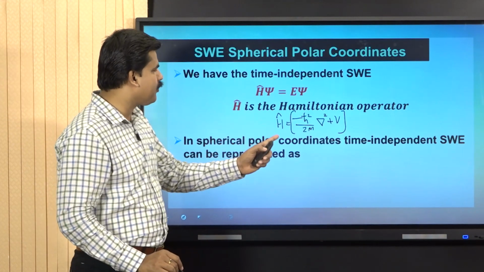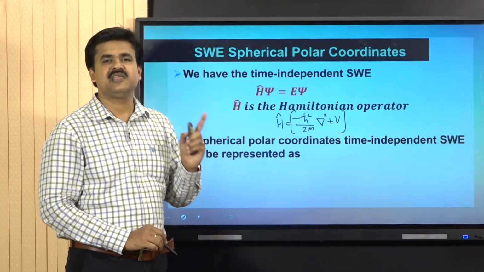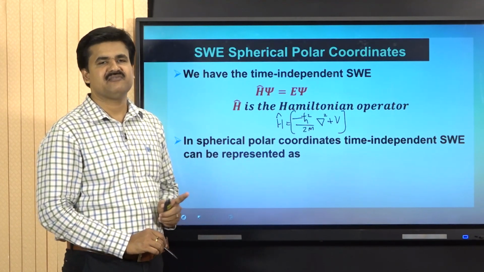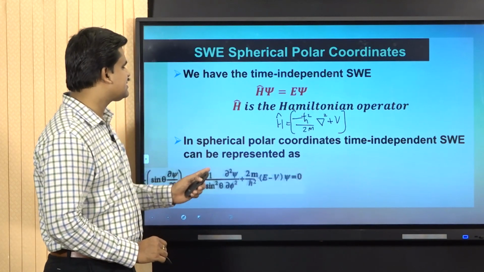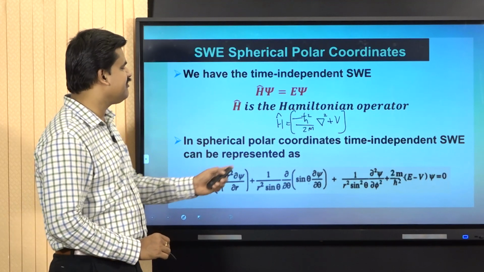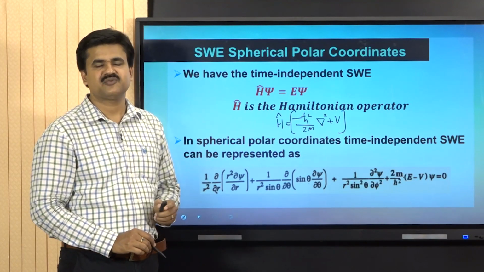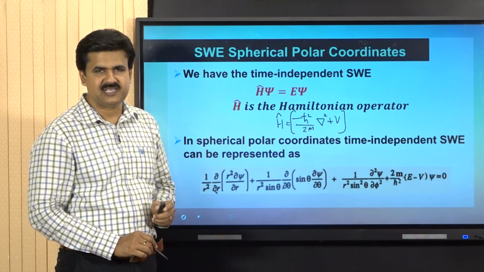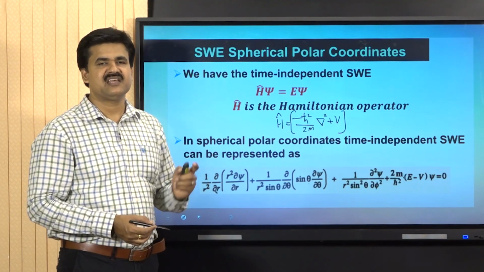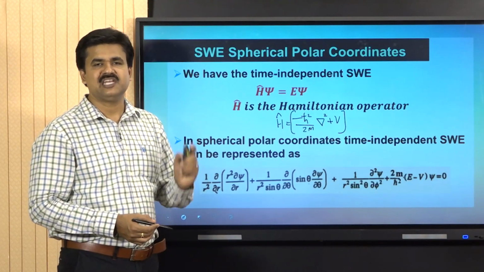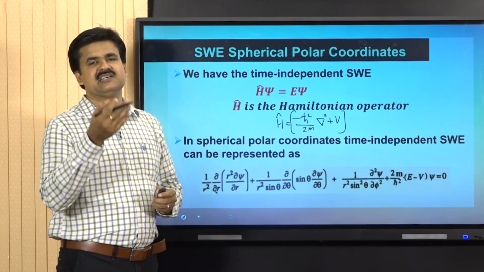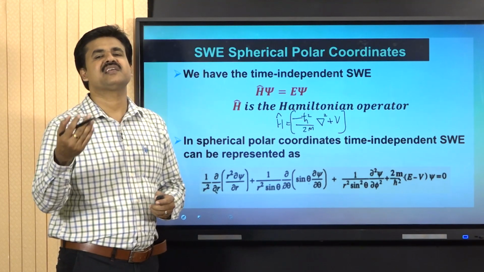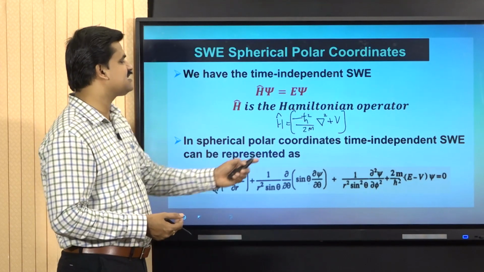In spherical polar coordinates, the time independent Schrodinger wave equation can be represented like this. This is the Schrodinger equation. Here we can see the presence of the variables r, theta and phi instead of x, y and z in the time independent Schrodinger wave equation. That is, we switch over from the Cartesian coordinate to the spherical polar coordinate, and this is the Schrodinger equation,